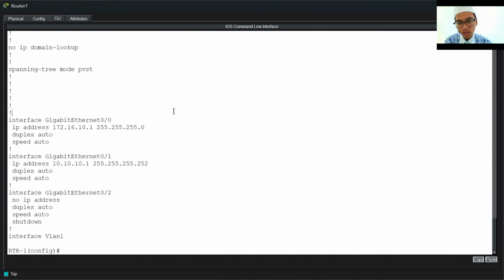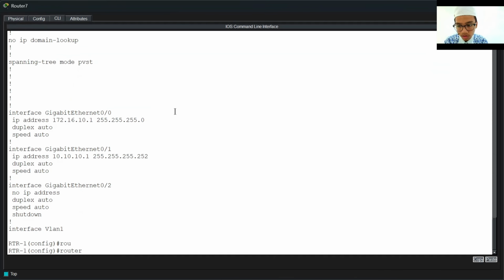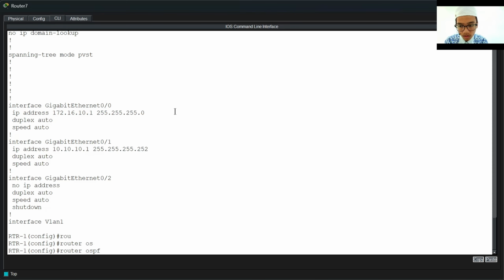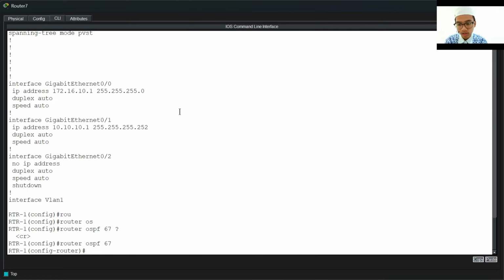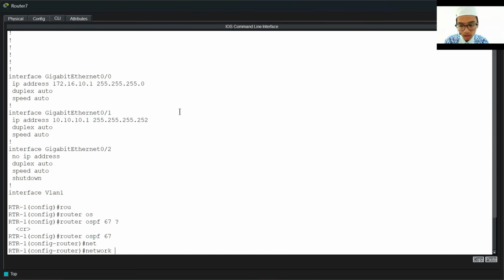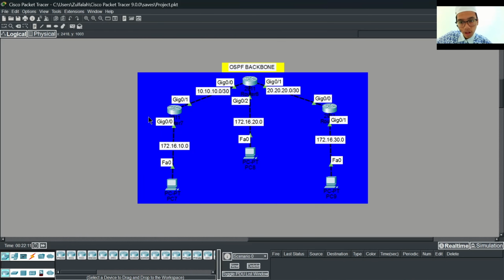But first, in router 1, we type router ospf and add the process ID. This is for identity in OSPF. You can add any number randomly, for example 67. Okay, then just enter. After that we add the networks. In OSPF we add the networks that the router has. Before, in static routing, we added the networks that the router doesn't have.